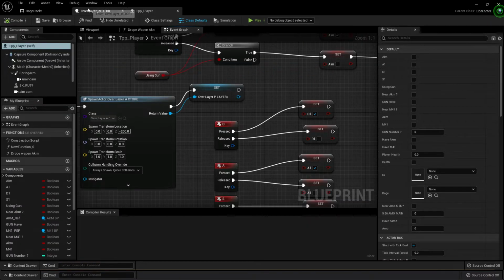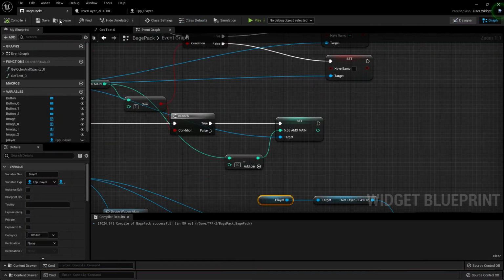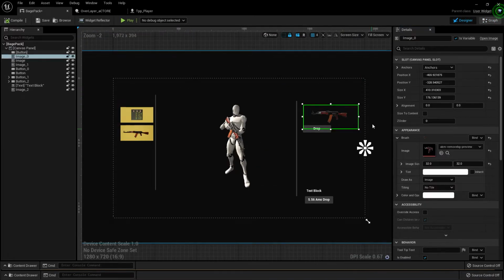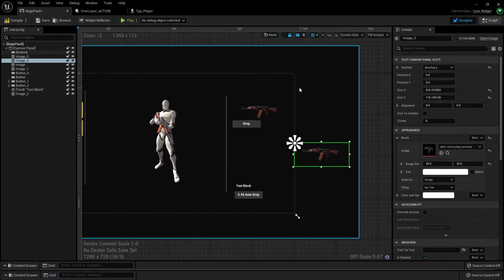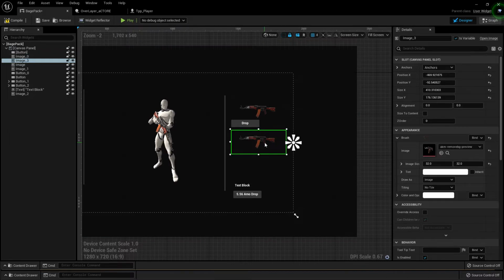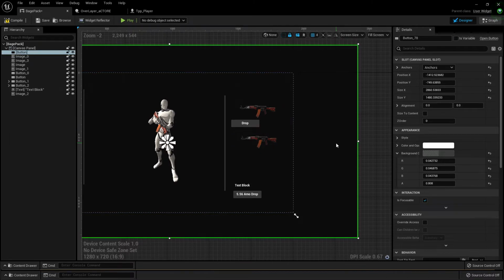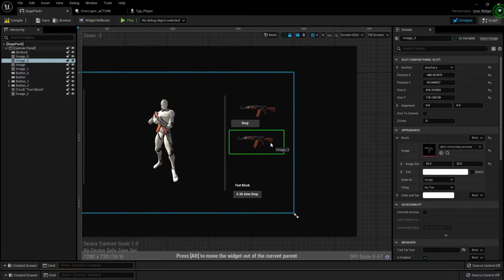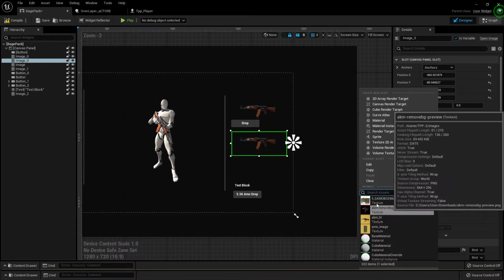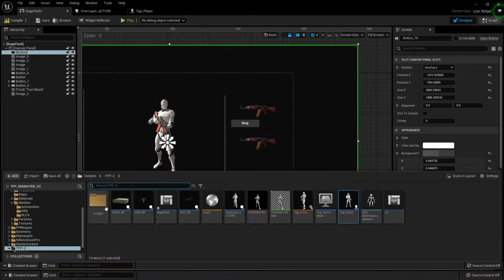We need three things: TTP player, our backpack inventory. As here, that backpack system, how we created it for the ACAM, we need to create the same thing. So just duplicate this and set it like that. How we set ACAM, we need to set the same thing. And here we will set the M4, or the M4A4. So just go image,